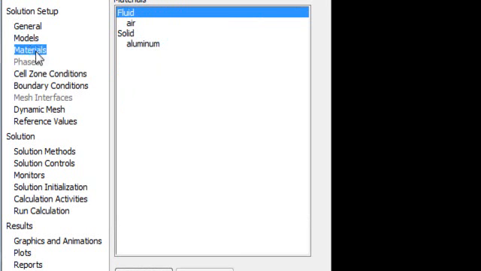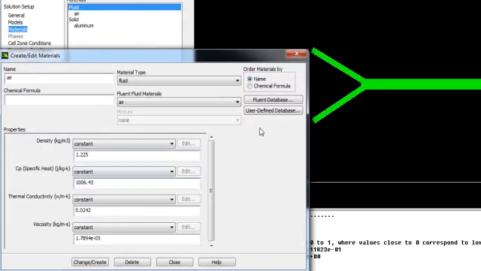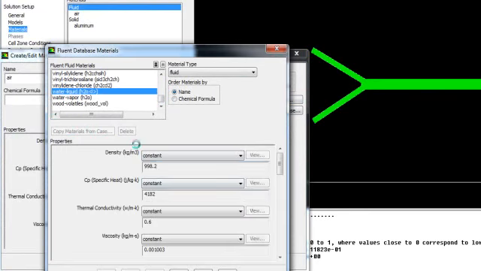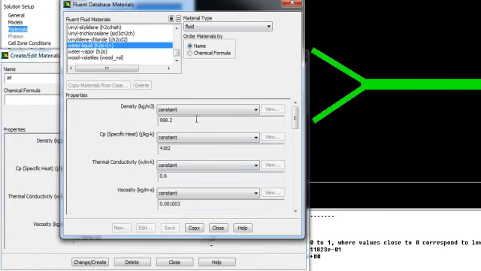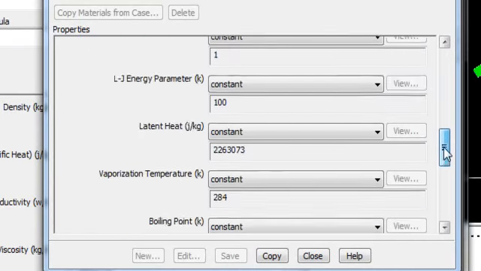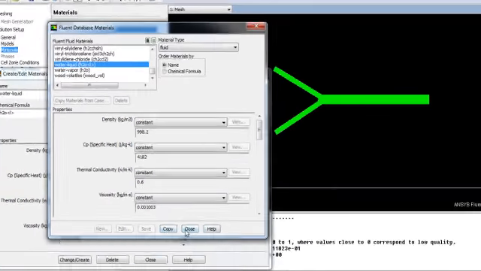Now go to material. Our working fluid is water, so we have to specify the material property of water. So go to create option, and here you have the Fluent database. Go to database and find your liquid water. Here is your liquid water. Check all of these parameters. If you want to change these parameters, you can change here. If you want to define new parameters, you can also define new parameters. So select copy and then